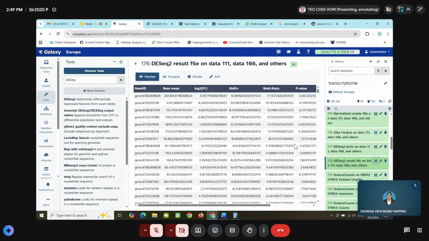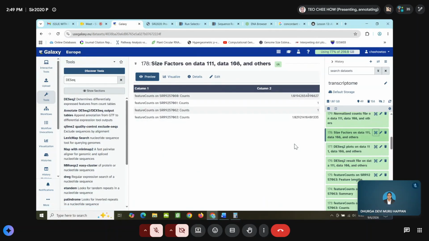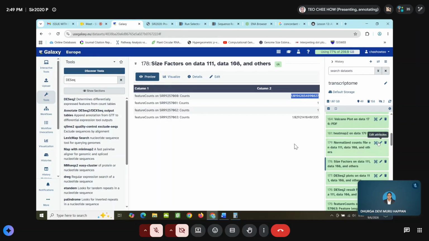And this also produces a size factor. The size factor is used for the comparison, for estimation of your analysis. This is the normalization size factor. They will also generate a normalized count here.